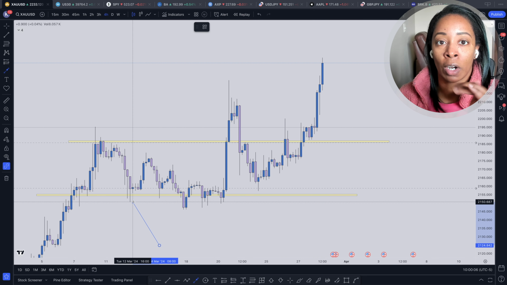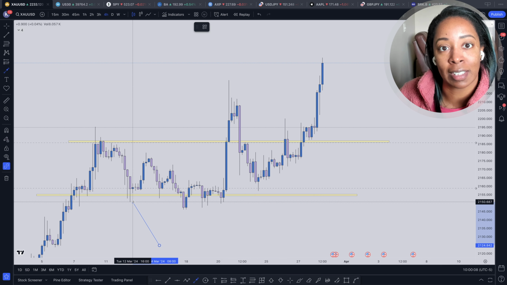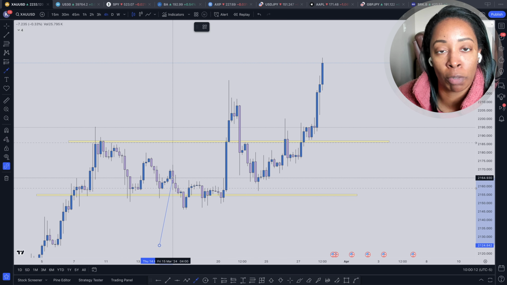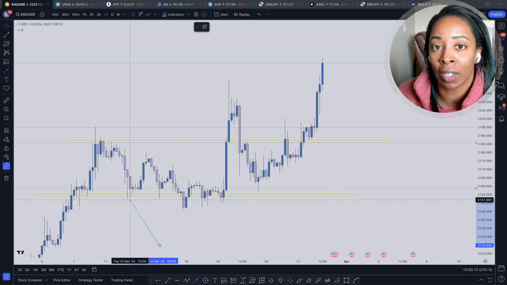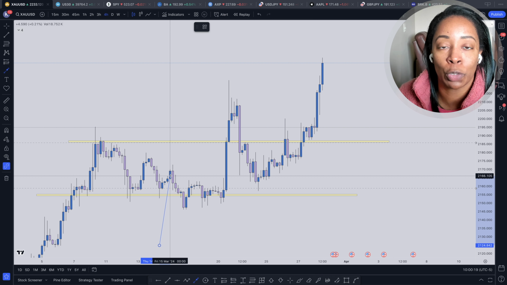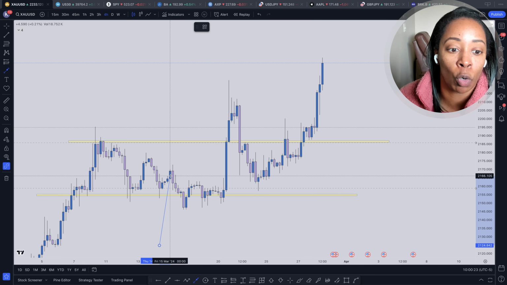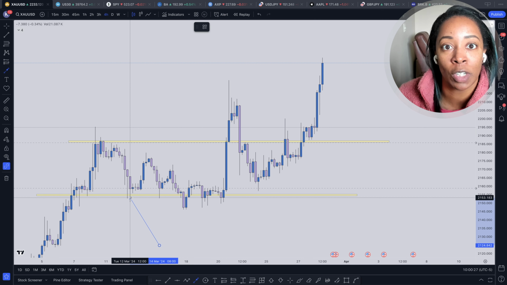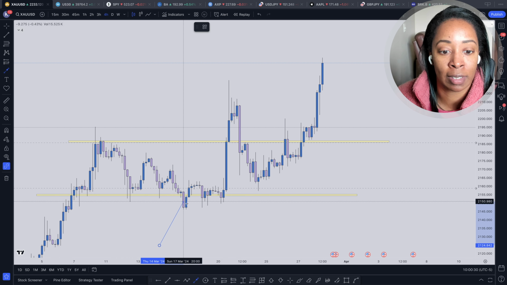And wicks are definitely things that you want to take into consideration when you're charting out your price because it's information. It may look like a wick on a higher time frame, but as you go down to a lower time frame, it's going to look like actual candles, or it's going to be candles that have actually formed. So it's information that we definitely want to take into consideration when we're plotting out these support and resistance lines.